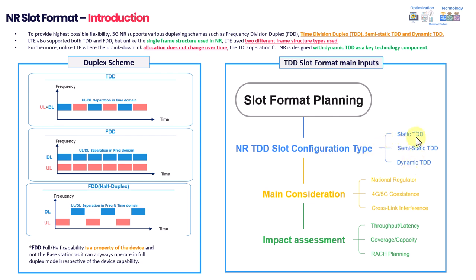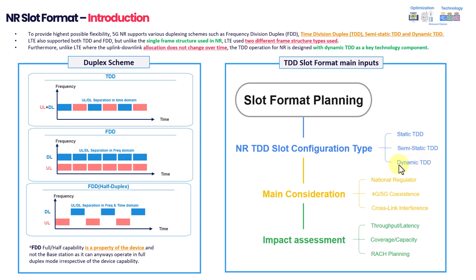The first one is the static TDD, which is exactly the same as what we used in 4G. The main difference is that 4G is fixed, meaning that you will have fixed downlink slots, uplink slots, and even symbols and so on. You cannot change it at all. Once you configure it, it will be fixed all the time. While NR has more flexibility now, it introduced semi-static TDD, or even completely dynamic, which can change the slots or the symbols within the slots to be full downlink, or mixed and so on. And we'll go through these details. However,